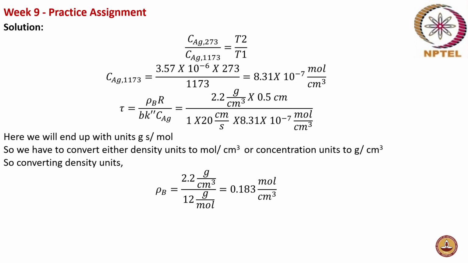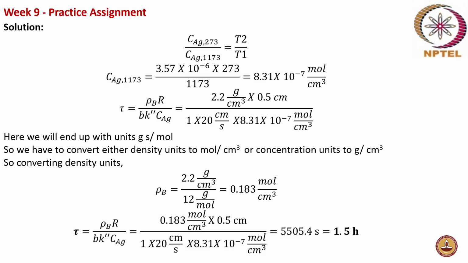Once we incorporate this into the complete conversion time equation, we will have unit consistency, and we'll end up with units in seconds. So substituting all the values, we will end up with 5505.4 seconds, which comes to approximately 1.5 hours. So the time for complete conversion of graphite particles of radius 5 millimeter with an 8% oxygen stream is 1.5 hours. Okay. Now let's go on to